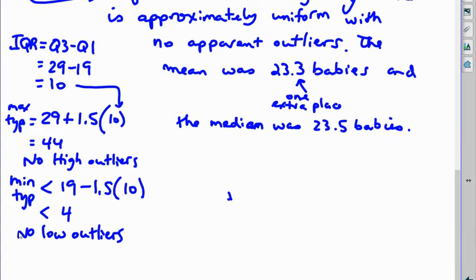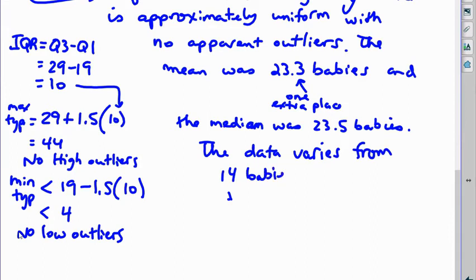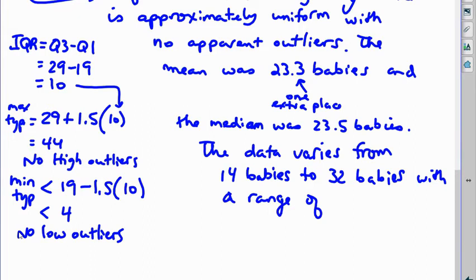Okay, so I've got the center, shape, outlier, center, spread. The data varies from 14 babies to 32 babies with a range of, and range is actually the max minus the min. So what number is the max minus the min? Let's see, 32 minus 14 would be 18 babies. 18 babies. I don't know why I'm now writing in green, but